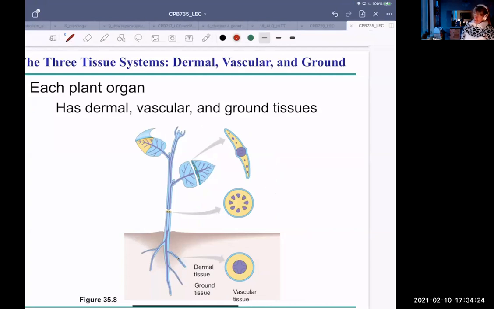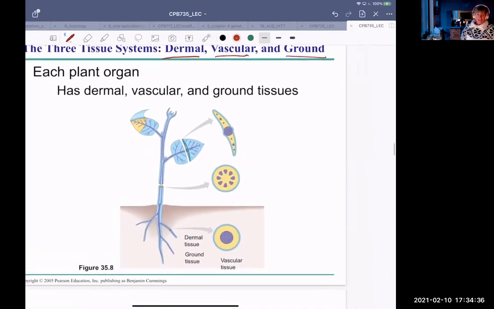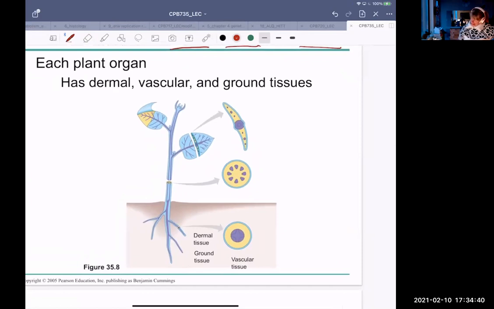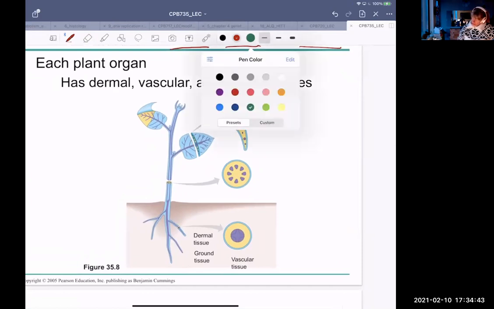So there's 3 tissue systems in all of these organs. The tissue systems are dermal, vascular, and ground. So each plant organ has each of those different kinds of tissue. So here you can see the dermal tissue